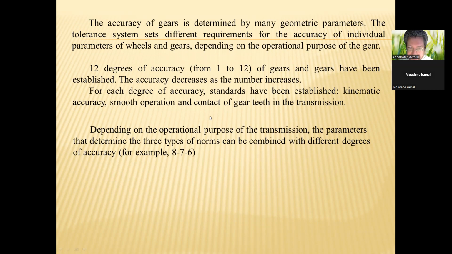Depending on the operational purpose of the transmission, the parameters that determine the 3 types of norms can be combined with different degrees of accuracy. For example,